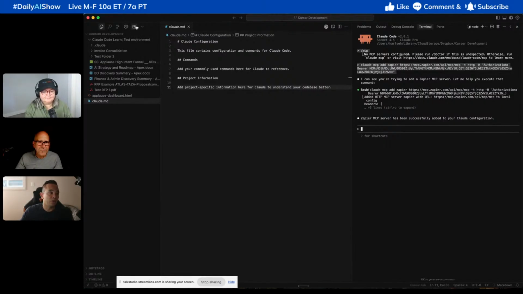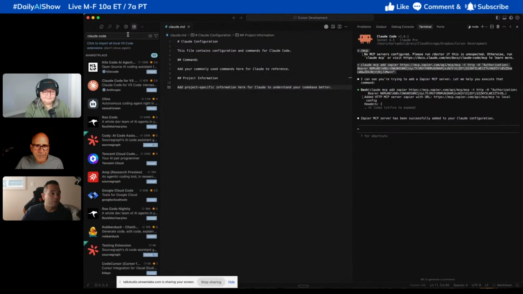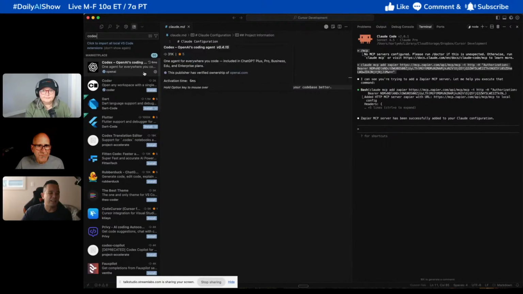So again, download Visual Studio Code, download Cursor, and then there's a couple of ways you can do this. You can put an extension in, so you can have the extension of Claude Code, which I think I uninstalled here, but you can install it here. There's a couple of other coding agents you could also use, like Cline, which is not a bad one, and then obviously OpenAI's Codex. And I think that one's installed here, but I actually recommend you not do the extension,